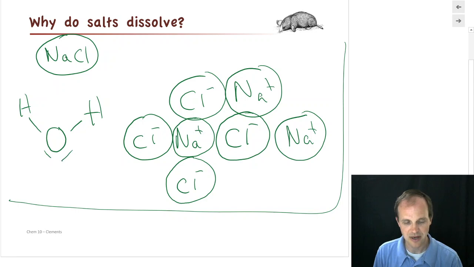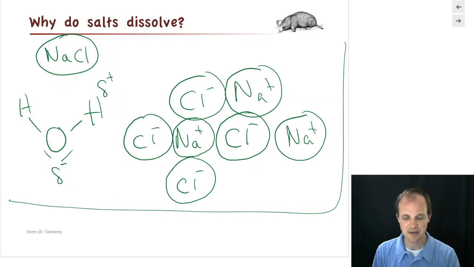There's a couple lone pairs on that oxygen. And we also learned that the OH bond is polar and that oxygen is more electronegative than hydrogen. And so we actually have a small negative charge on oxygen and a small positive charge on hydrogen. Well, that small positive charge, let's say we're at the edge of the salt crystal and this water molecule comes